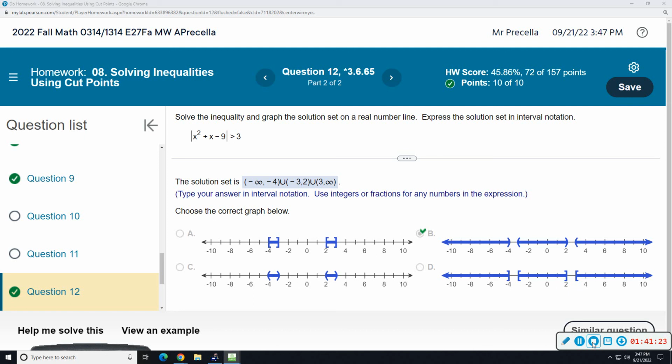How do you know when to use this cut point method? Notice at no time do they ever say in the instructions. Again, I'm telling you to study the instructions. Well, if it says solve an inequality, even if it didn't say that, if it just has a less than or greater than, that's when you follow this. Okay? So, I'm going to